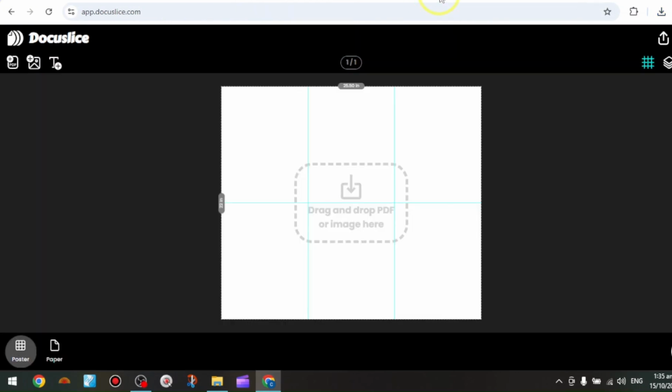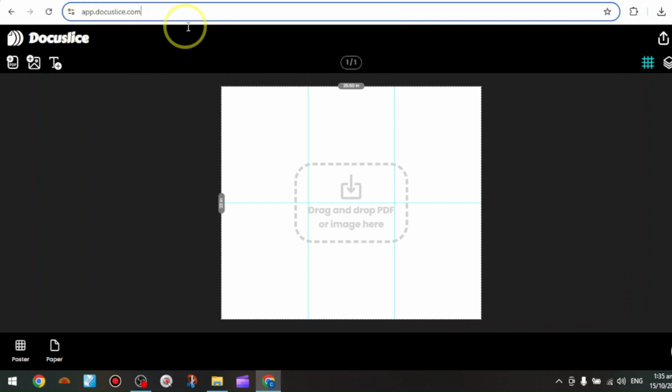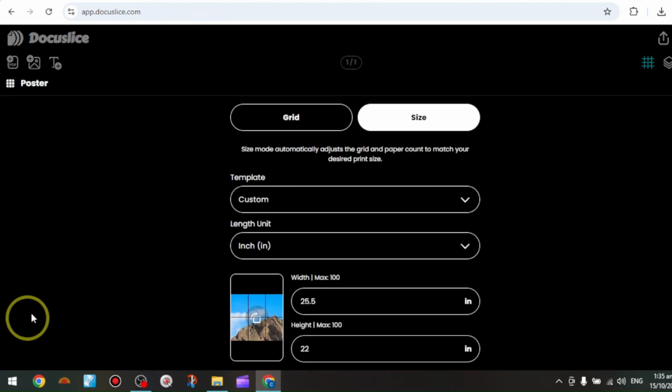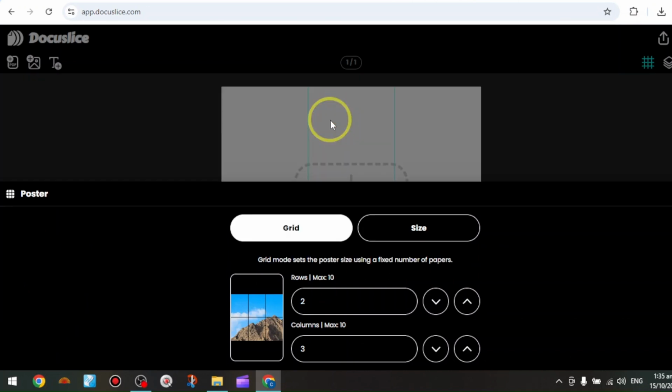Then next, in a new tab, we're going to use an app called DocuSlice. So head over to app.docuslice.com. Then at the bottom left corner of your screen, click on poster and modify the number of pages and